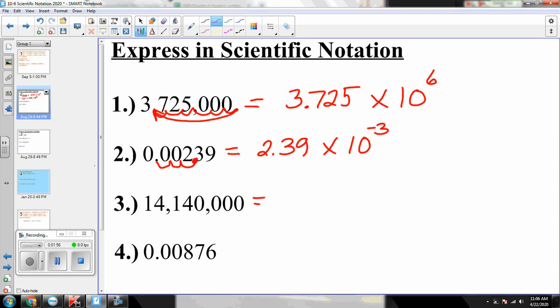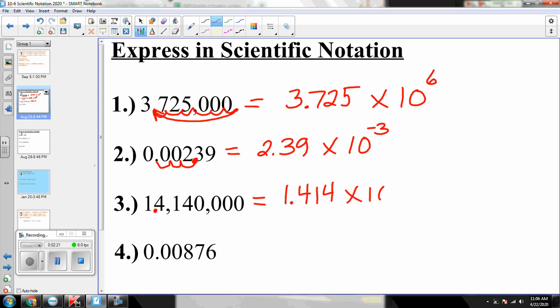If you look at number 3, my first step is to place my decimal point so I have a number 1 or higher but less than 10. When I do this, the number can equal 1, but it cannot equal 10. So it has to be 1 or higher but less than 10. If I place my decimal point after the 14, that would give me a number higher than 10. I really need to place my decimal point after the 1 to get